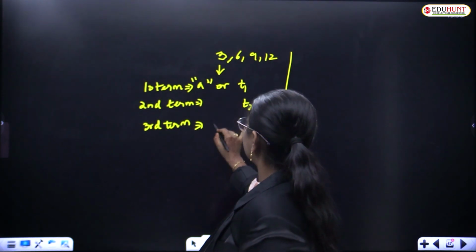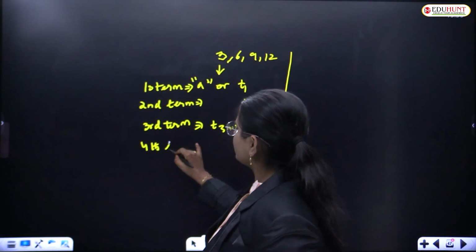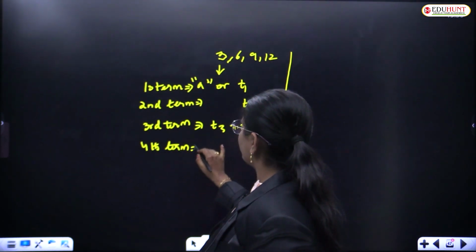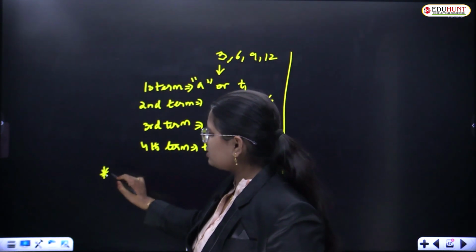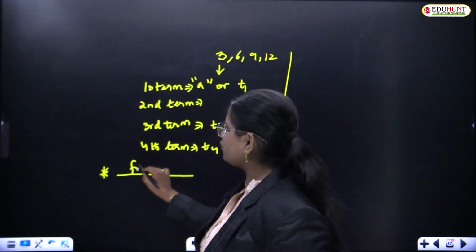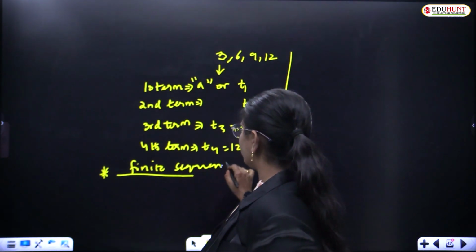Third term, T3, is equal to 9. Fourth term, what is the fourth term? T4 is equal to 12. What I mean to say is, if the particular sequence is a finite sequence, I